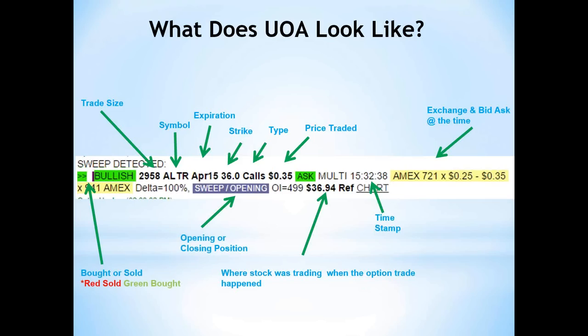The first thing I see, the trade size, 2,958 contracts. The symbol, expiration, strike, whether it was a call or a put, and the price it traded at. Then this is the next most important part right here: the bid and offer at the time of the trade. I can see that the market was 25 cents at 35 cents. So when I see them pay 35 cents to get into this position, I know that it is a buy. I know that they are buying these calls. They didn't come in and try and work an order mid-market and get filled at 30 cents. They decided to come in and lift the market maker's offer and get into this position. So it also tells me that it's a little bit more aggressive of a trade.